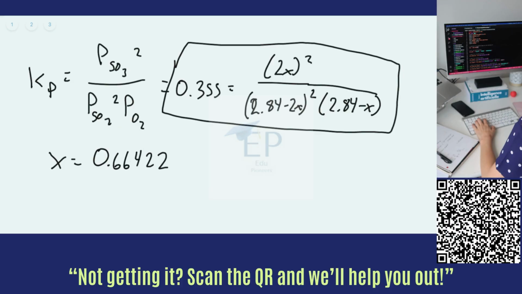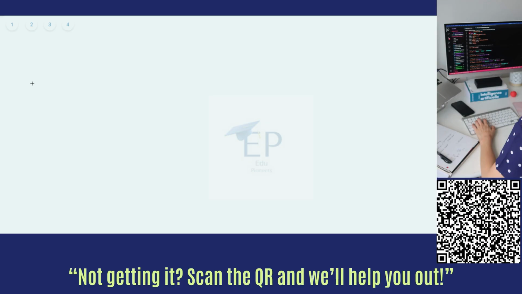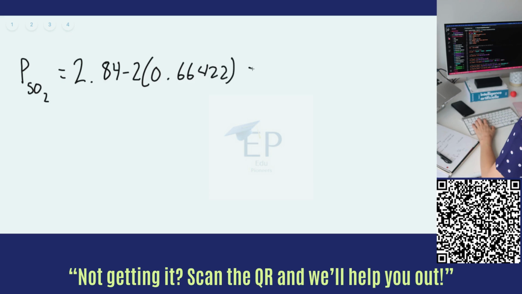0.66422. And so now that we have our x, we can solve for our partial pressures of our products and reactants and then add them up to get the total pressure. So P of SO2 was 2.84 minus 2x, and our x was 0.66422. And so that equals 1.51156 atmospheres. Our P of O2 is 2.84 minus x, so